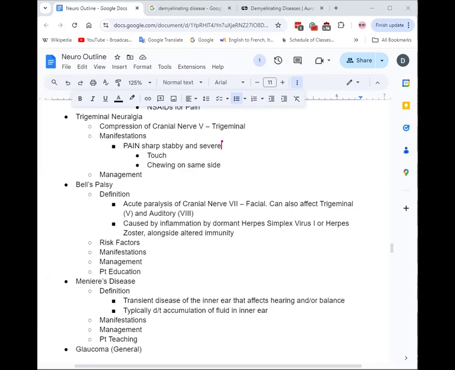There's not really a clear way to diagnose it. It's pretty much just ruling out anything else it could be neurologically. So you're going to do your CT and MRI to rule out if it's anything else going on inside the head that could be causing this. And then if not, it's just a basic history, because like we said, it's compression.